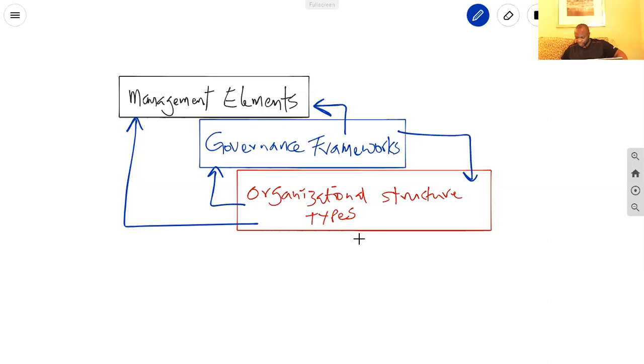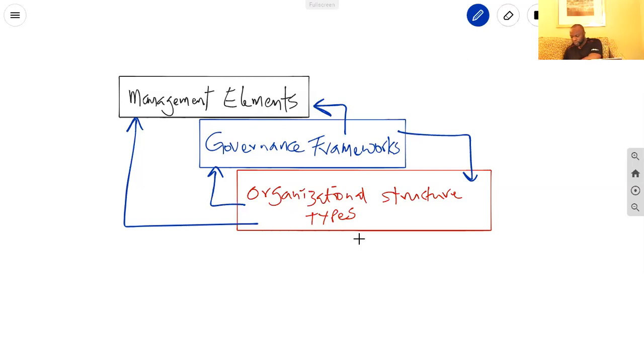It goes back to page 42. I really want to hone in on it one more time. It says, the interaction of multiple factors within an individual organization creates a unique system that impacts the project operating in that system. The resulting organizational system determines the power, influence, interest, competence, and political capabilities of the people who are able to act within the system. The system factors include, but are not limited to, management elements, governance frameworks, and organizational structure types.